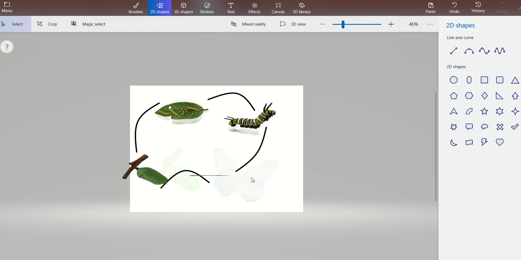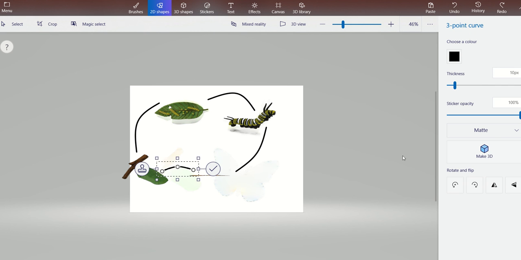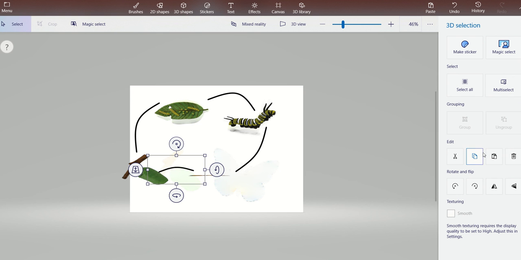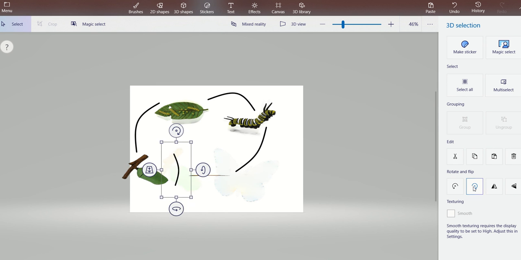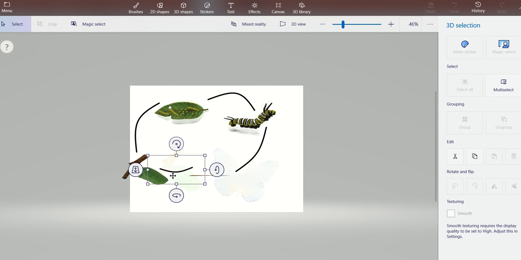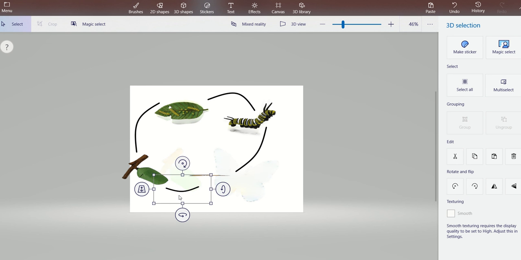Let me just check out this option like this. It has to be from here till here, and you can always make your options to be sounding 3D. You simply have to click on this 3D option, and then you can always rotate it or flip it like this, and then you can do it this way.